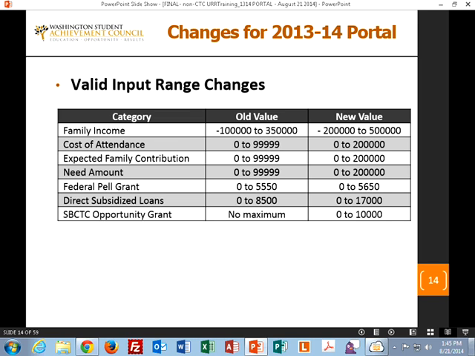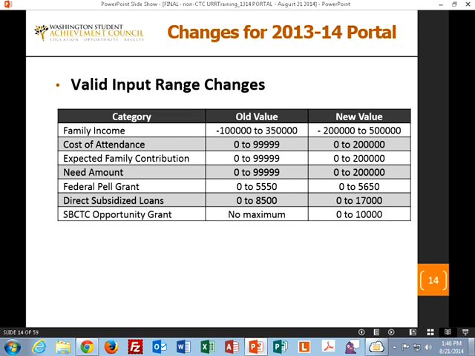Cost of attendance, we've expanded that up to 200,000. That's not going to impact, again, the majority of schools. There was at least one school last year that had a higher cost school that had, sometimes they were able to report a borrower-based year of 2 years within one FAFSA year, so they were exceeding the $100,000 for a whole lot of their graduate students, and so this will certainly help that school and perhaps a couple others as well.